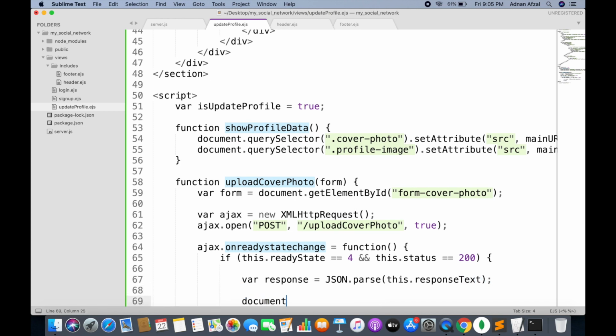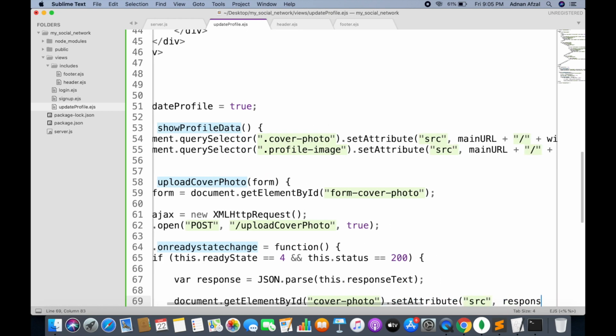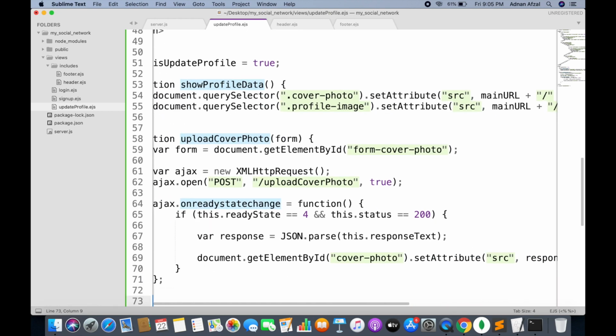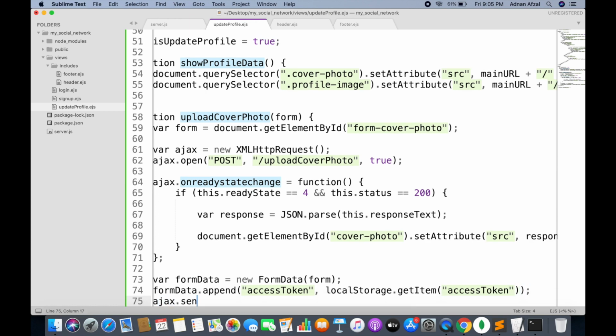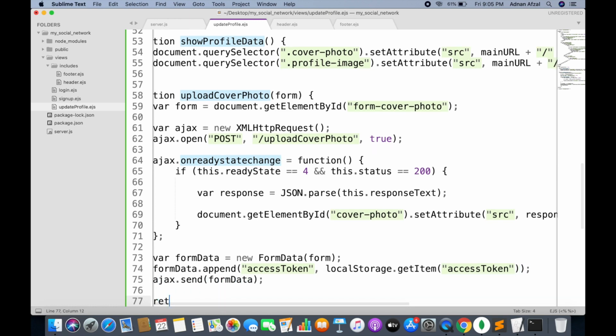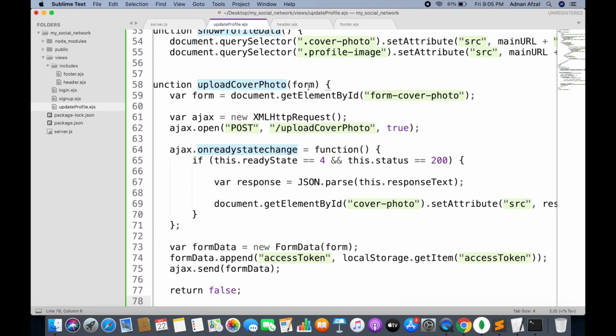We will parse the string back to JSON objects, and we will set the value. We are sending the AJAX the same as a form data object, and in the form data we are also appending an access token, so the server will know the user whose cover photo needs to be updated.